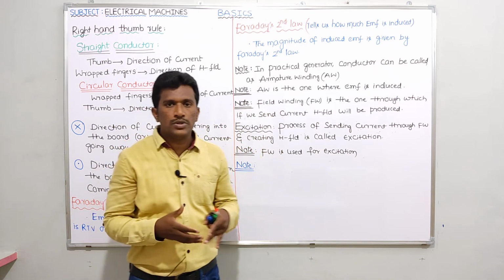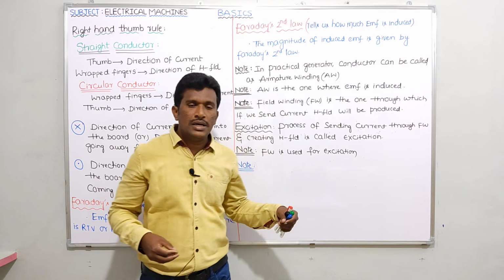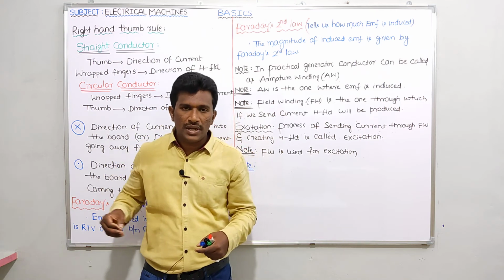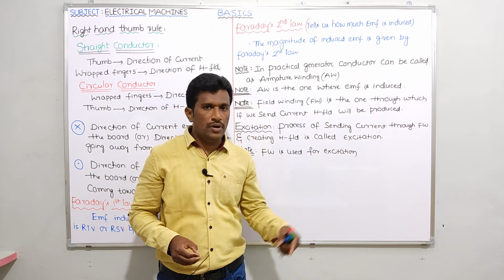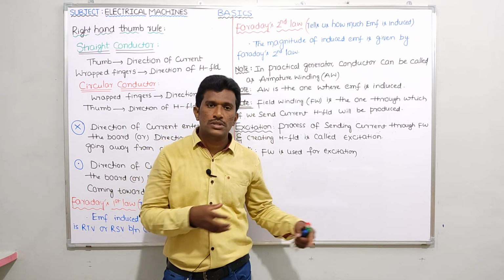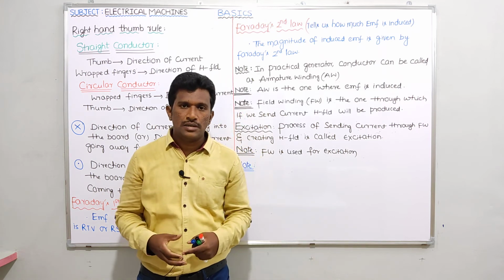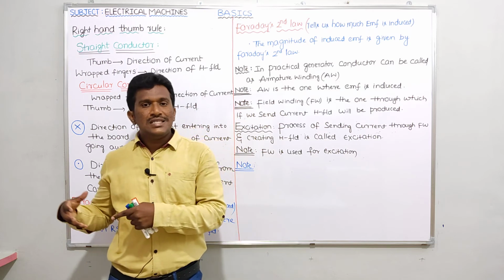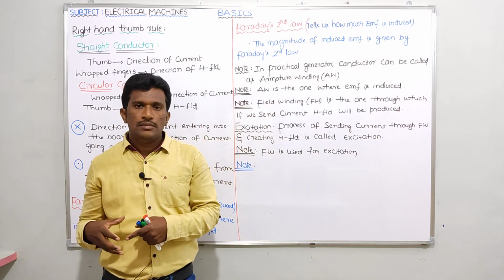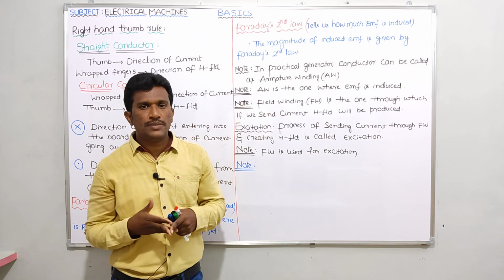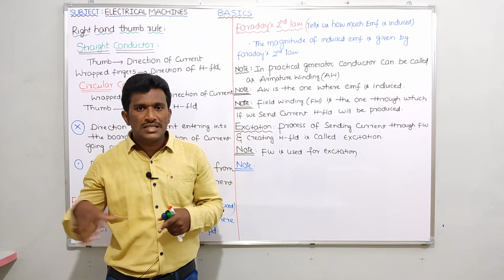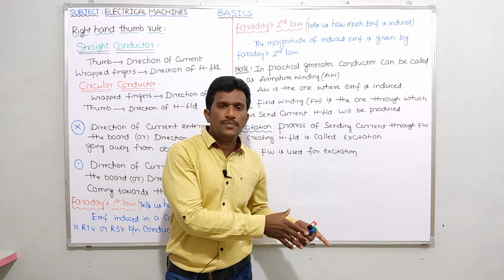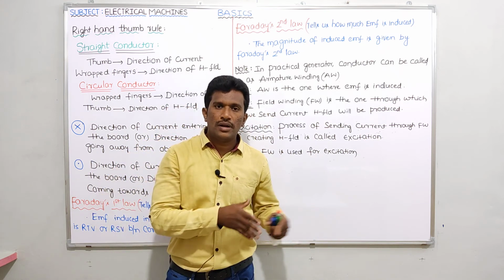That means we are giving two inputs: mechanical energy on one side and a DC supply to the field winding. Similarly, in a DC generator also, we are giving mechanical energy and a DC supply to the field winding. So we are giving two inputs to the synchronous generator and the DC generator. Similarly, if you take a synchronous motor, you are giving an AC supply to the armature winding, because motor means you should give an electrical supply. That electrical supply is nothing but AC supply to the armature winding, and DC supply is already given to the field winding for excitation.